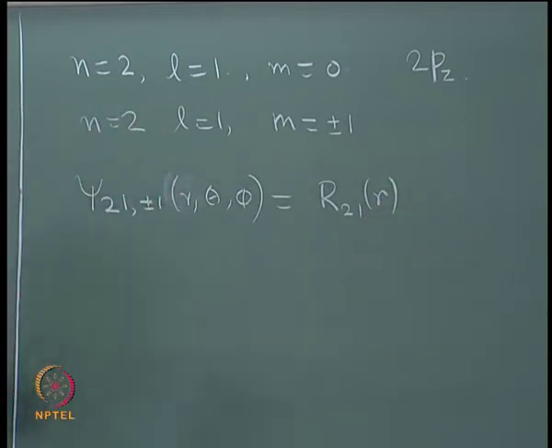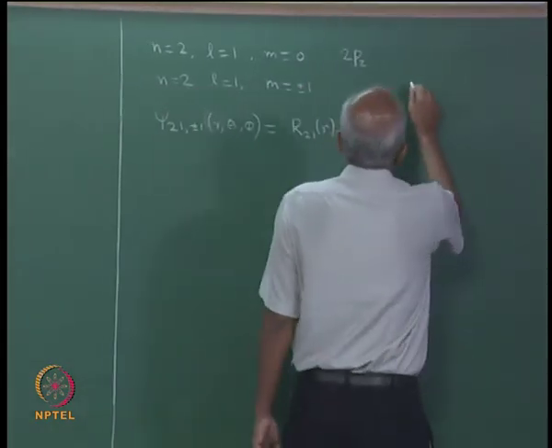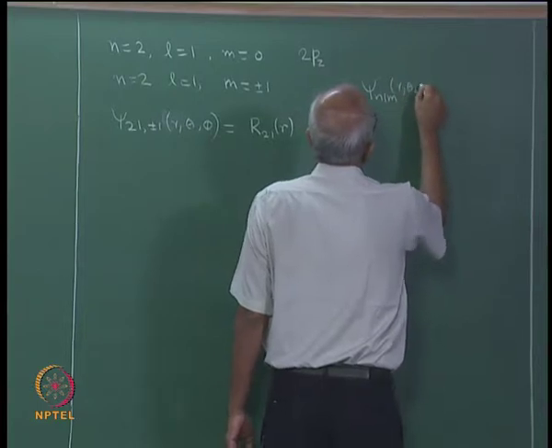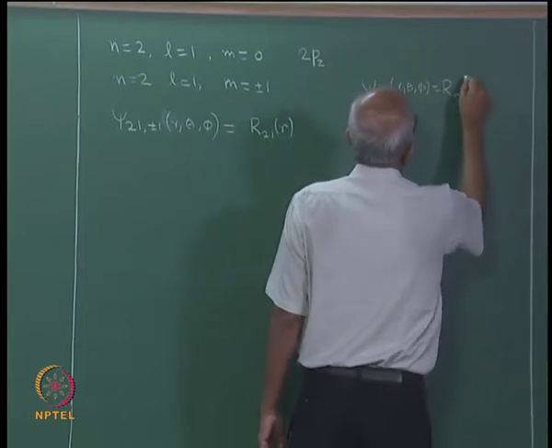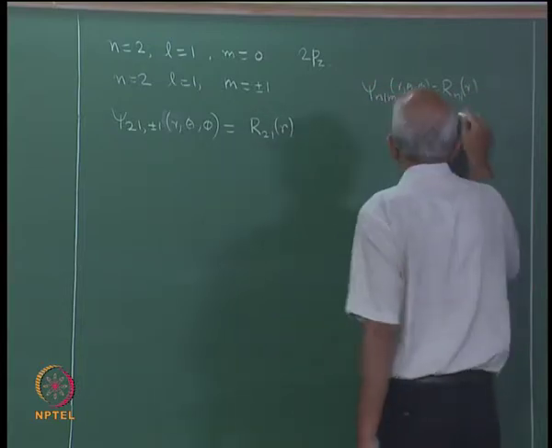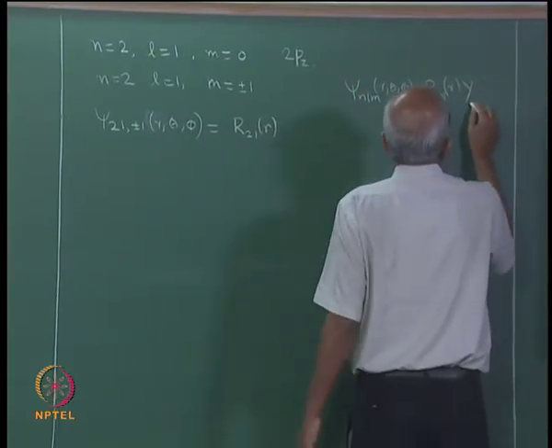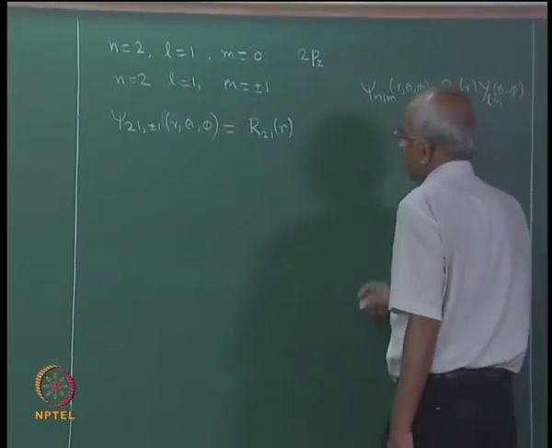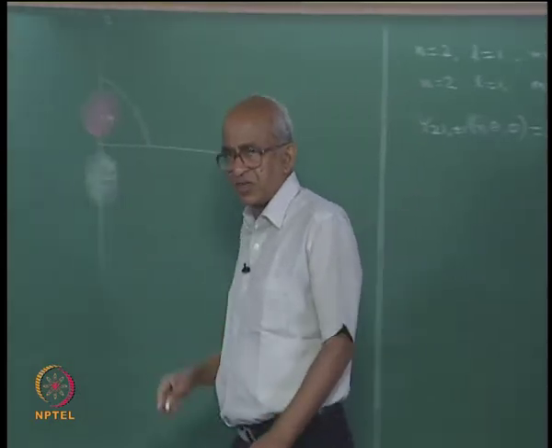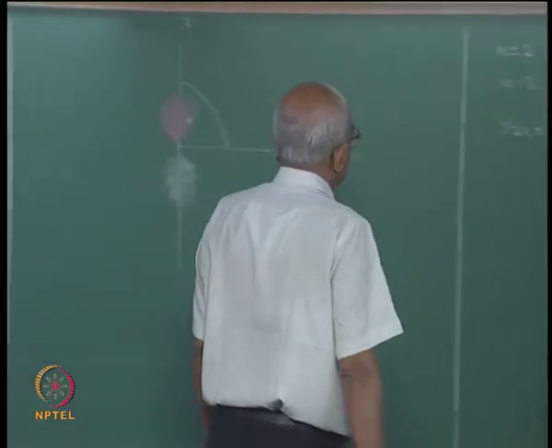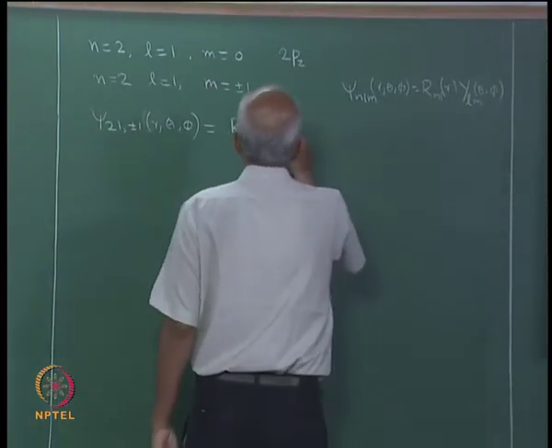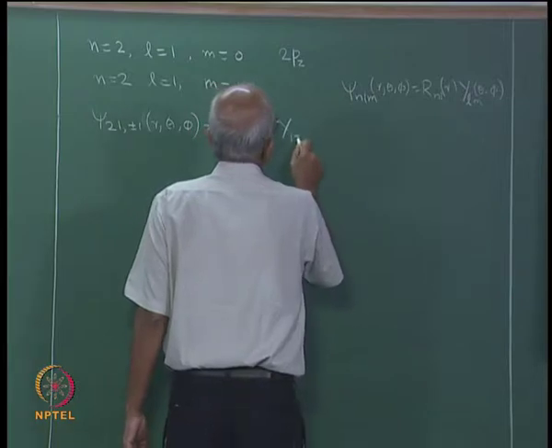because remember the way the wave function was, even if you have 3 quantum numbers n, L and m, R depends only upon 2 of them, and the angular part of the wave function again depends only upon 2 of them. So, this is how the function is. If you remember, this is something that we have already discussed. So, therefore, if you had psi 2 1 plus or minus 1, you are going to have R21 multiplied by Y1 plus or minus 1 of theta phi.